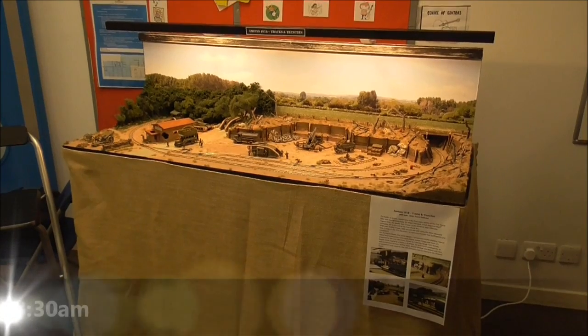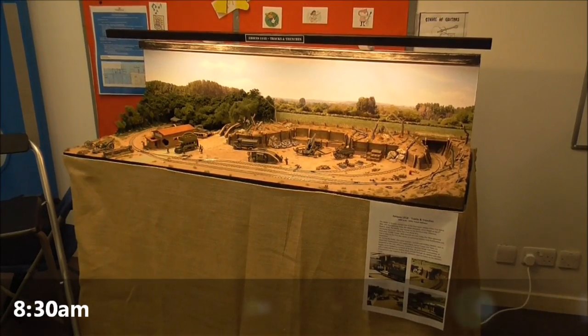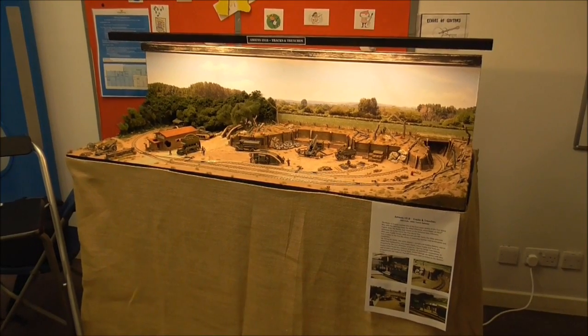So here we are, the layout is pretty much all good to go. Just a matter of putting the stock on and waiting until the doors are open. So we've just set up again this morning. All the stock is now on the track, but we've also got another layout alongside us